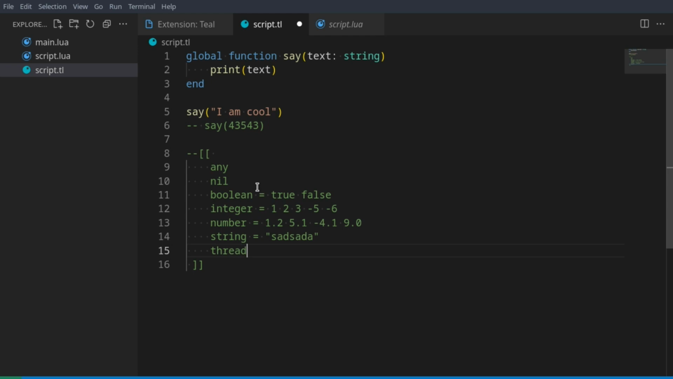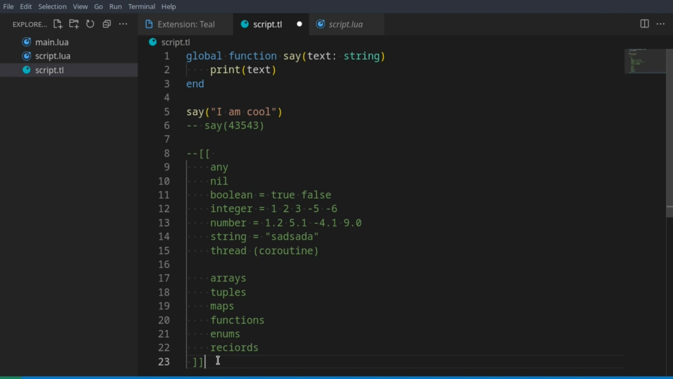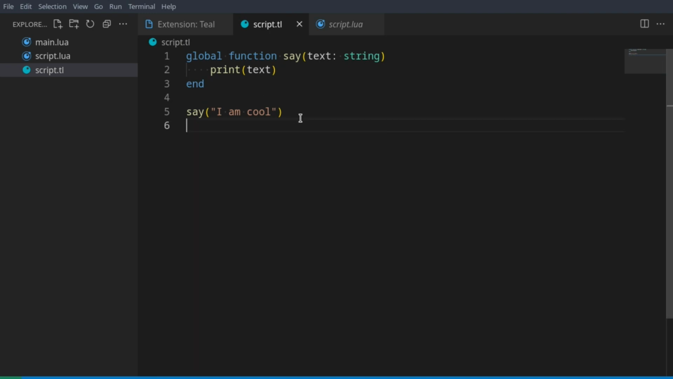And then you have thread. We're not going to really get into thread, but just know thread is a coroutine. You also have more complex types such as arrays and tuples, maps, functions, enums, records, and we'll be getting into most of them. So let's create a few basic functions. For example,